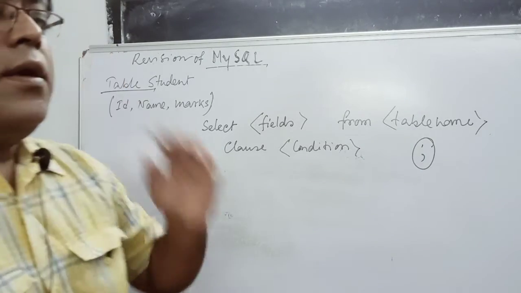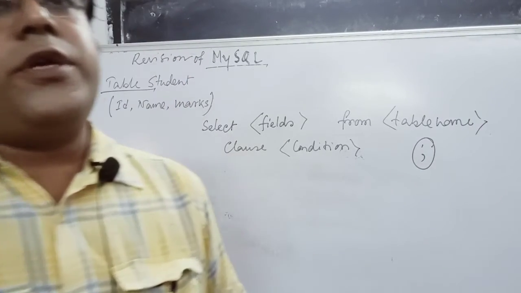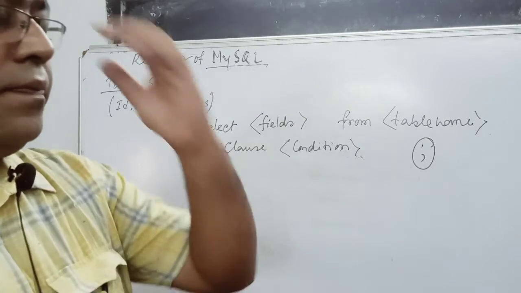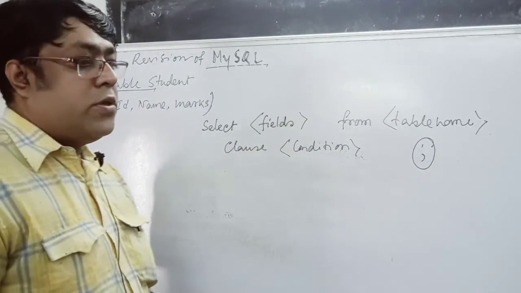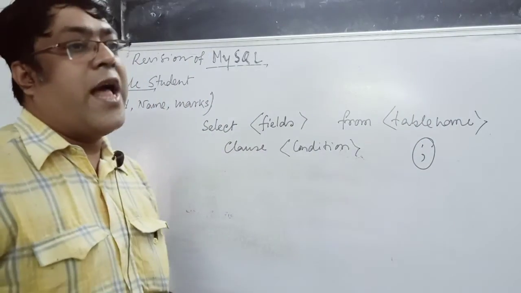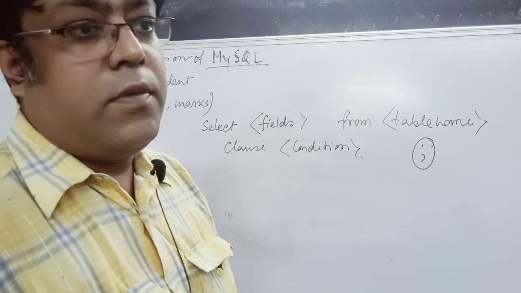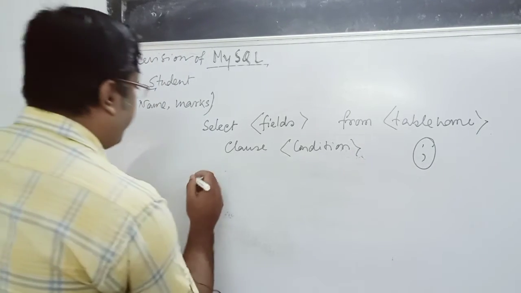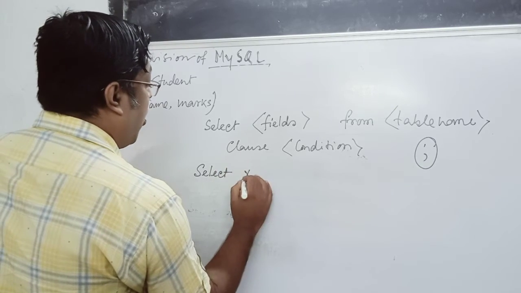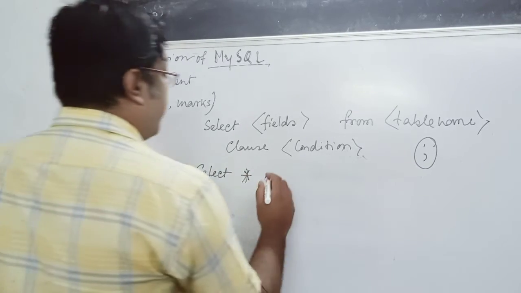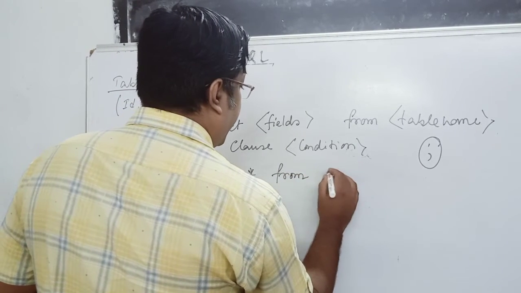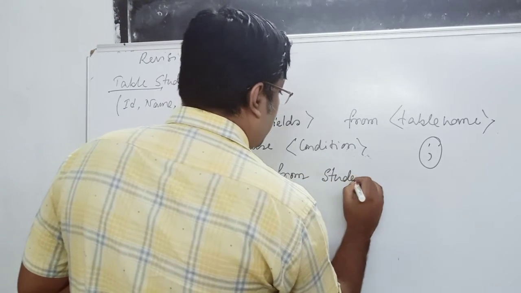The WHERE clause is used to take the condition from the user. Suppose we want to see the records of students of class 12. Then we write SELECT, and for all records we use the asterisk. Then FROM student,